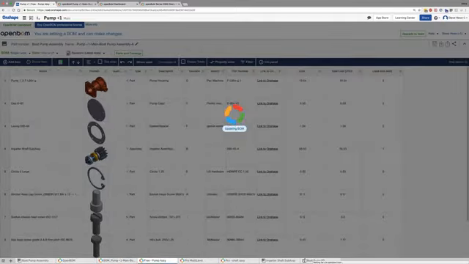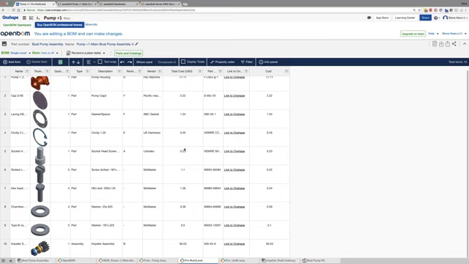And again, OpenBOM is navigating through the Onshape document, bringing back a little bit more structure. Now we see, of course, we have very similar information to the free bill of material. And we also have some additional information about sub-assemblies and their contents.